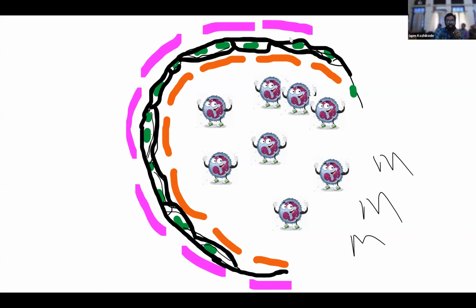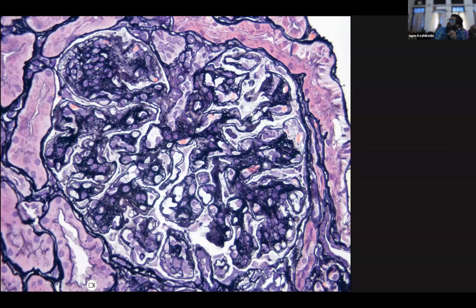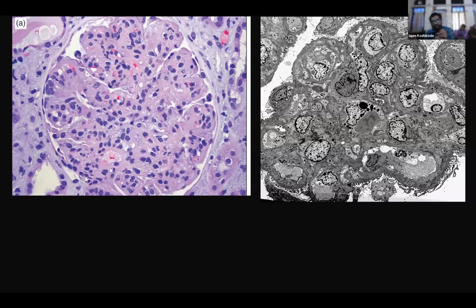So this is exactly what you are going to see. You can see the basal membrane is having double contour. Here you see it is having multiple layers. So what is in between the layers? It is just clearing up all the antibodies or complements that are getting deposited over there over time. And this creates this pattern of